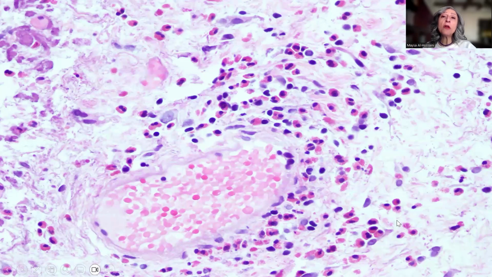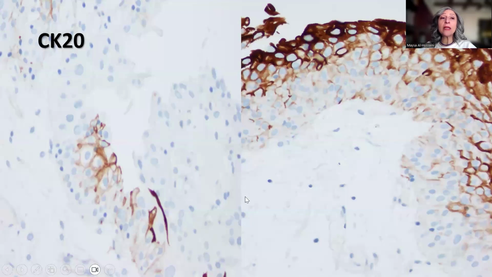Really, the number of eosinophils should be an excellent clue to the possibility of drug-induced changes. This is why you have always to check the history of the patient and whether the patient received any form of intravesical treatment. Now, cytokeratin 20 was in areas confined to the umbrella cell layer, but in other areas was